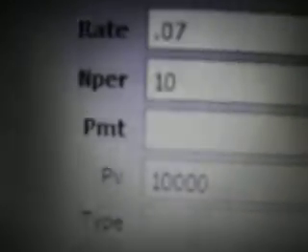Number one, the rate. Rate is the interest rate, which is 7%, so we are going to have 0.07. Number of periods, it is 10 years given to us. We enter 10, and then we know the present value. There is no payment in this case, so we are going to simply enter the present value, which is $10,000. Now if we click on OK, we have the computations done, and the answer is